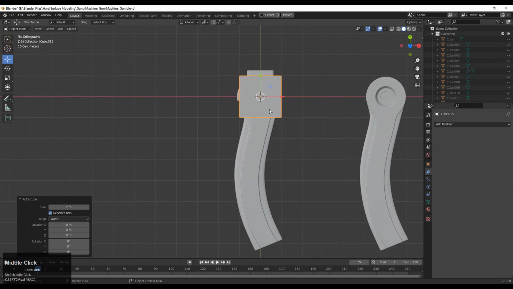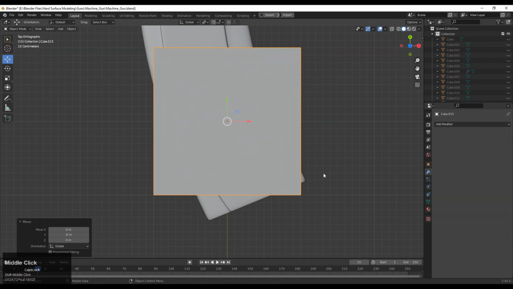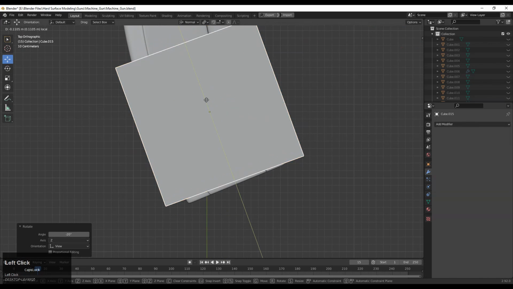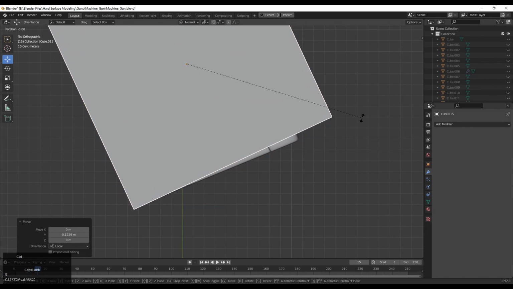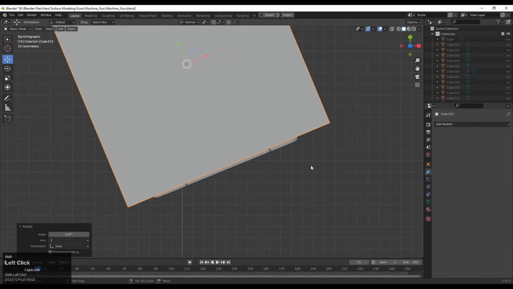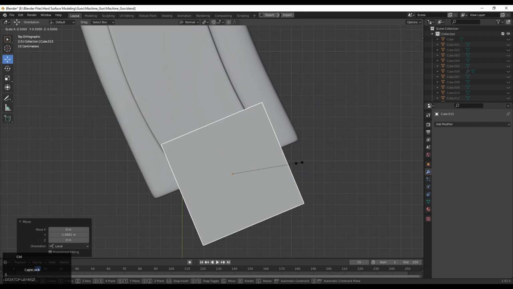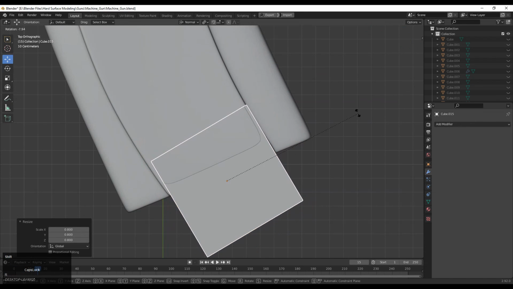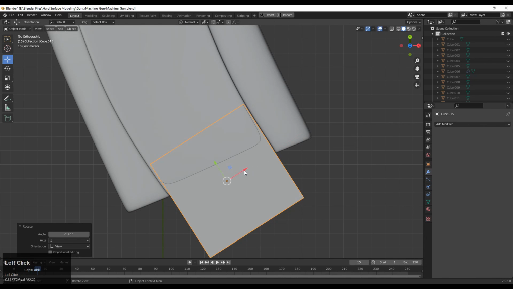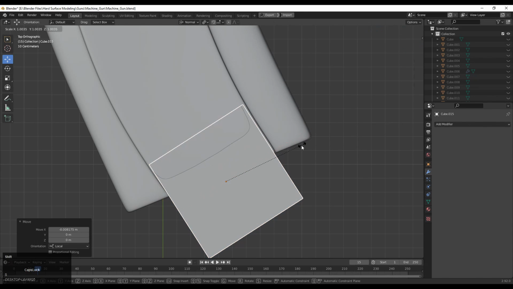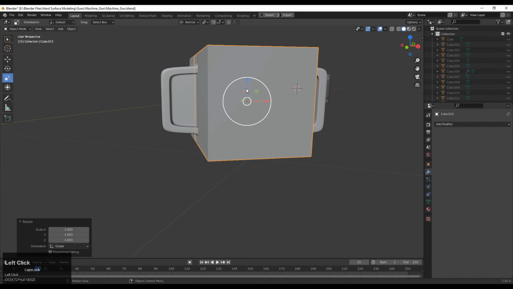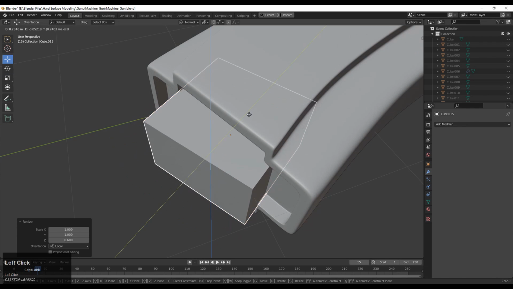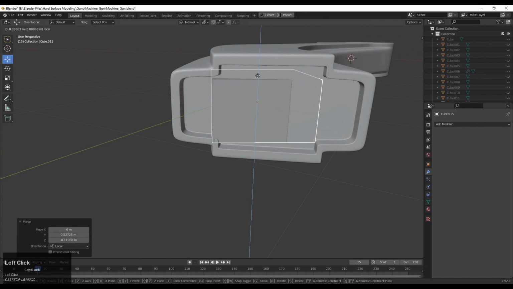And we just need to create a little bit of the bottom part, so that's why I have added one more cube and created a simple bottom part. First you need to make it parallel to the gun handle, and then adjust the scale and first block out, and then add the sub D modifier on it and just add the necessary loop cuts, and create a simple bottom part for the handle.